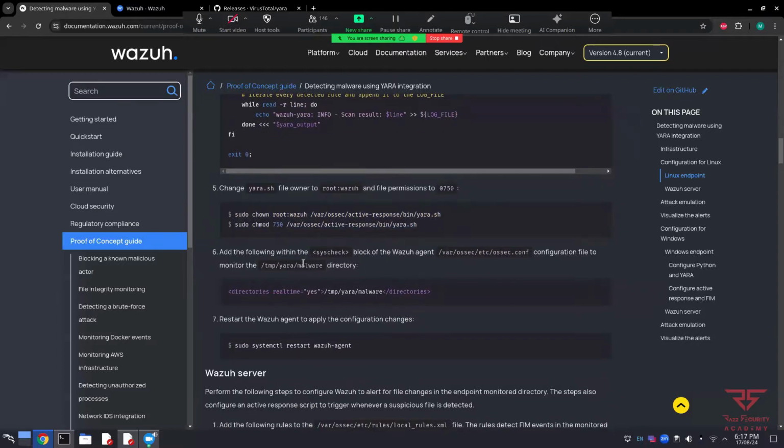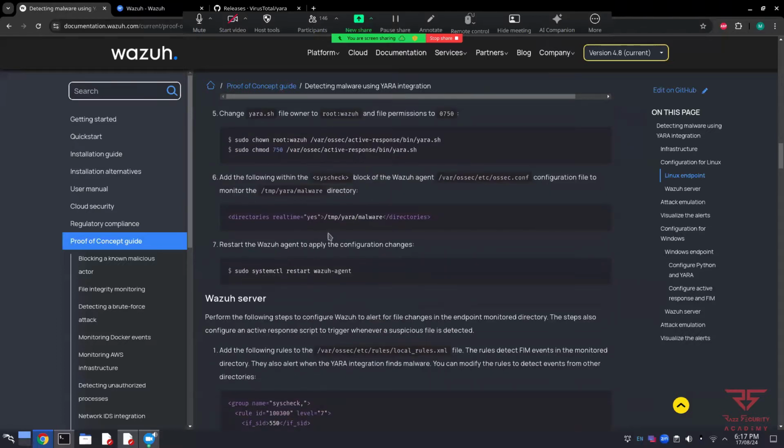Now, moving on, the next thing we need to do is tell Wazuh which folder to monitor for file changes in. This is the part where we start the Wazuh agent to monitor specific folders. Typically, when you want to monitor folders and files, you would monitor a user's home folder or their downloads folder and so on,